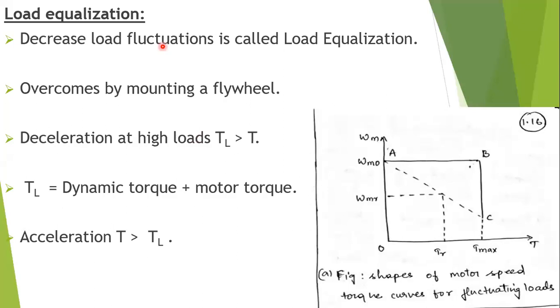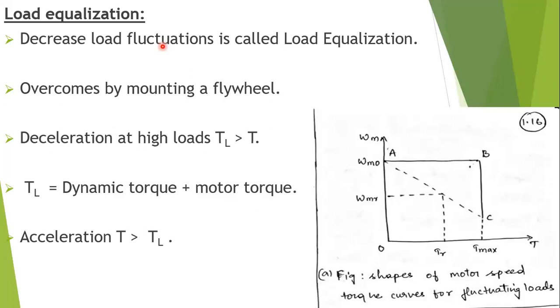Suppose you take the example of a pressing machine. For pressing some apparatus, we need a large torque in short durations. While pressing, the torque should be at a high value. So here we need a large amount of torque in short times. Other examples are electric hammers, steel rolling mills, and reciprocating pumps.